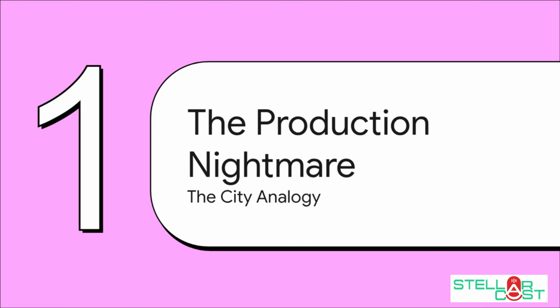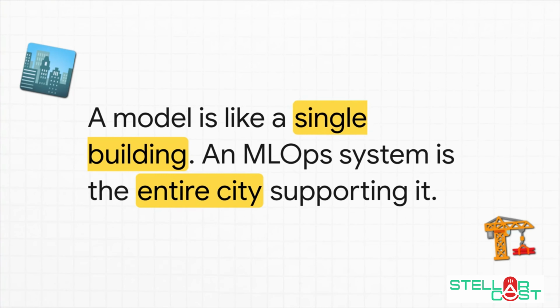To really get our heads around this whole production nightmare, I want you to stop thinking about your ML system as just a piece of code. Instead, let's imagine we're building an entire city. Trust me, this analogy is going to guide us through the whole thing. Think about it, right? A giant skyscraper is an incredible feat of engineering, but it's completely useless if there aren't any roads to get to it, a power grid to turn the lights on, or a water system. Your amazing model? That's the skyscraper. And MLOps provides the roads, the power, the plumbing, the entire city plan.